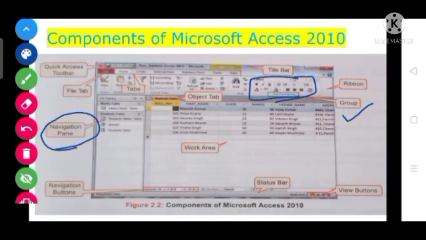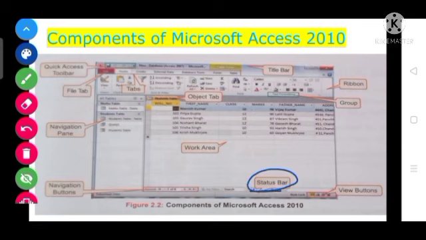The navigation bar represents all the objects which we are using, such as tables, different types of queries, forms and reports, and they will be displayed in the navigation pane. Next is the status bar. The status bar displays which page we are on, where our cursor is, as well as the status of the data.